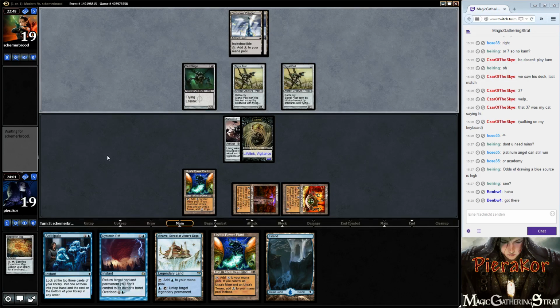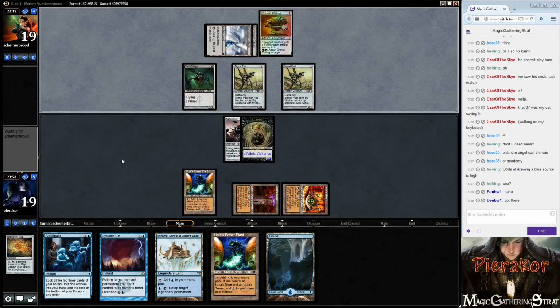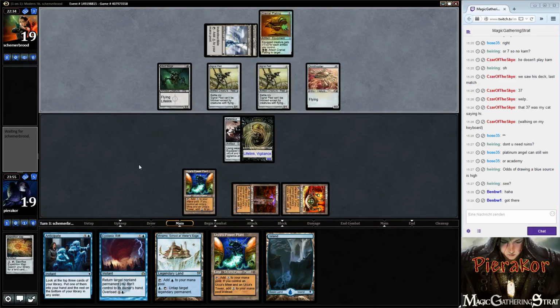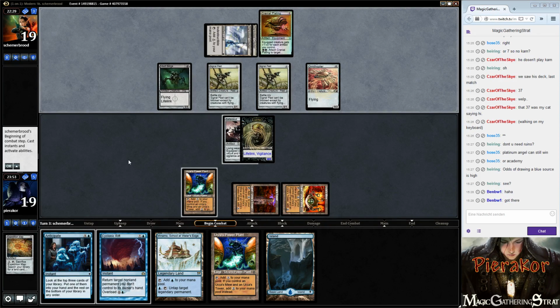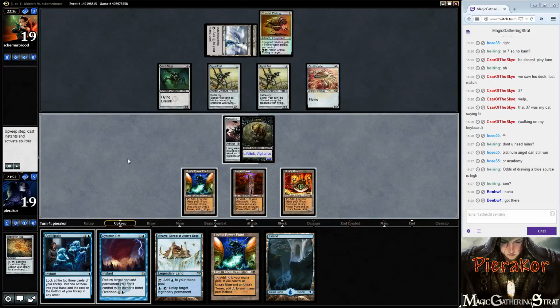Something that is very impressive and that I try to achieve very often when it's possible is a turn 4 Sundering Titan. Turn 4 Sundering Titan is a force to be reckoned with. And there comes a Cranial Plating. Most decks cannot or won't recover from a turn 4 Sundering Titan. And I'm not even sure if we wanna